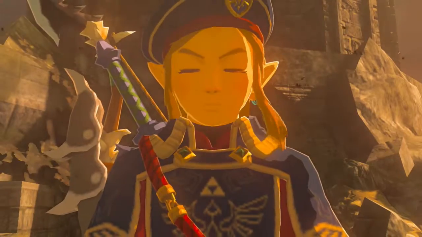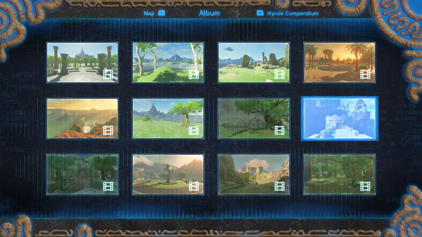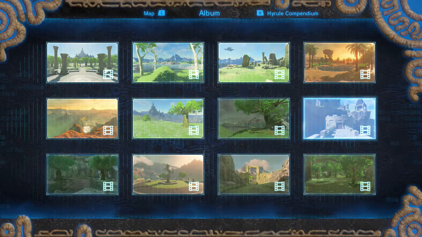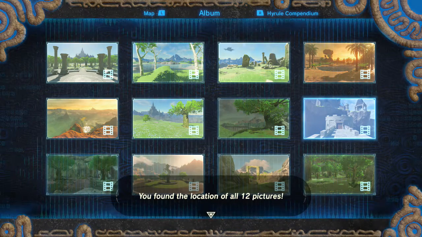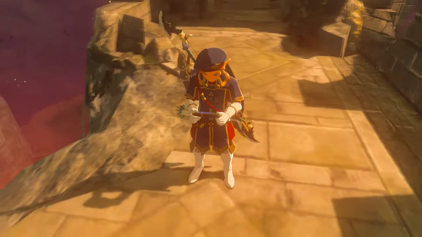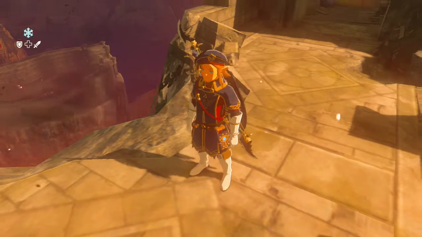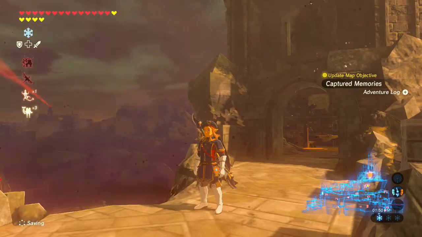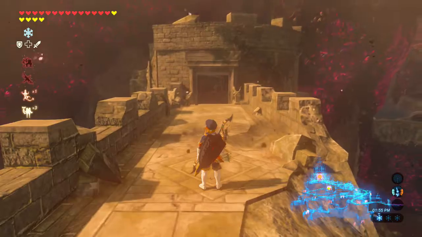This kind of further shows the hard time that Zelda's having. But with that being said and done, that's the last memory. He found the locations of all 12 pictures. So, that's the end of this episode. I hope...